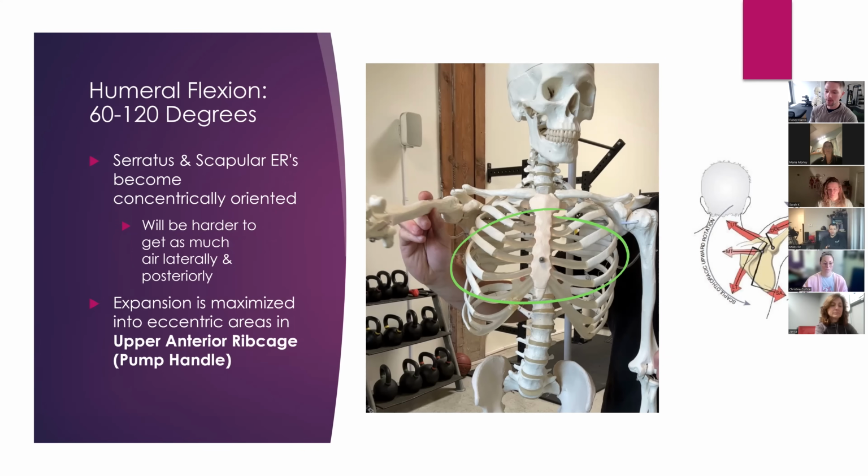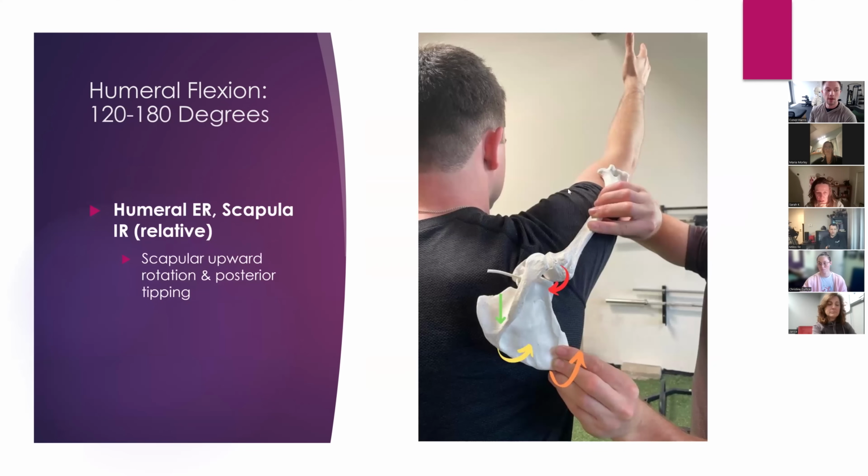Does that make sense? So if I wanted to drive air into the front side of my rib cage, one way I could do that is with a 90-degree reach. A 90-degree hip flexion position is also a position of internal rotation. You can think of it the same way as the humerus here. From 120 to 180, we're going to be getting humeral external rotation